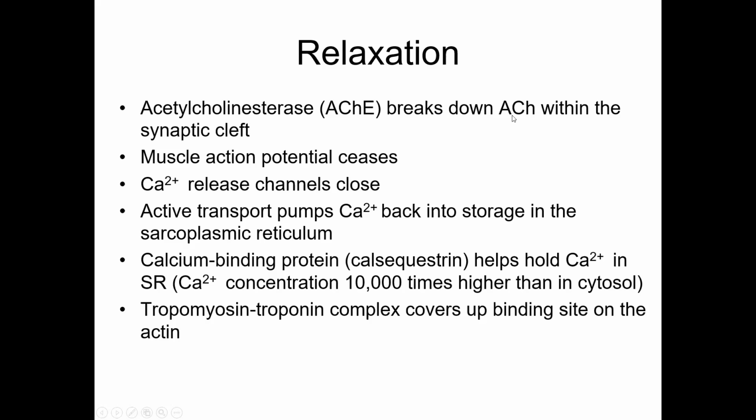When there is no acetylcholine, the sodium channels will be closed and there will be no sodium flow into the muscle cells, so the muscle action potential stops. When there is no sodium flow into the muscle cells, the sarcoplasmic reticulum calcium release stops,